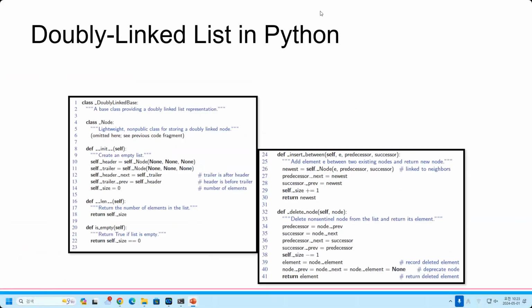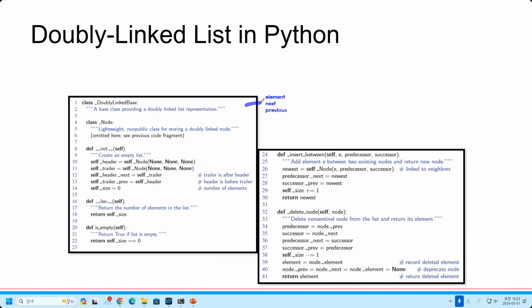So we have the element, we have the next, and we have previous. It means I want to know what is the next node, and I want to know what is the previous node. We call it doubly because we have two connectors,